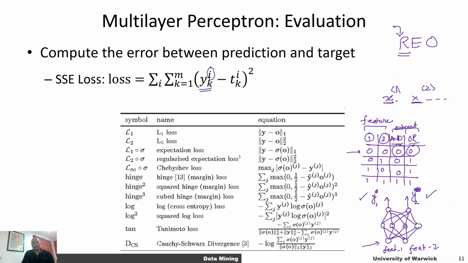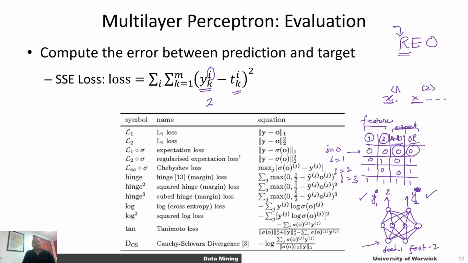Let's say the kth output, so the first output is y_k^i for the ith example. We can say i is equal to 0, then we've got i is equal to 1, i is equal to 2, and i is equal to 3. Let's say we've got 4 examples in total. So we can have the output of each of those examples. The first output gets subtracted from the corresponding target value. Let's say the first output corresponds to this AND. So let's say the output for this neural network is 2 for whatever reasons,